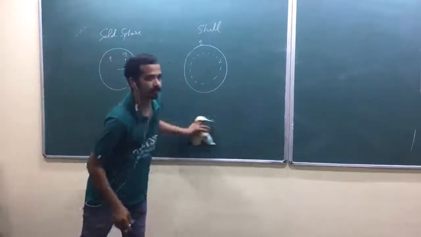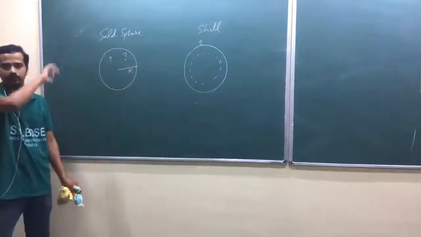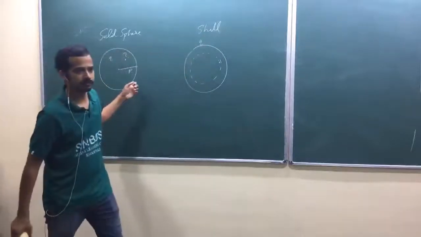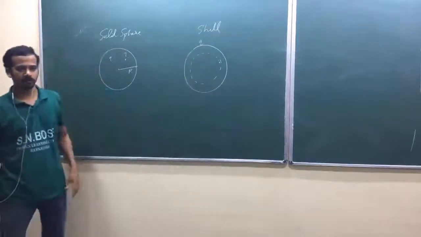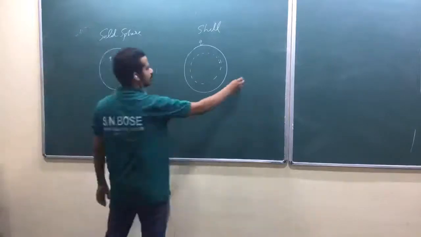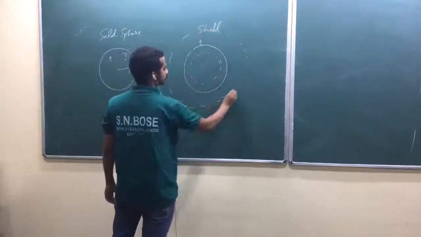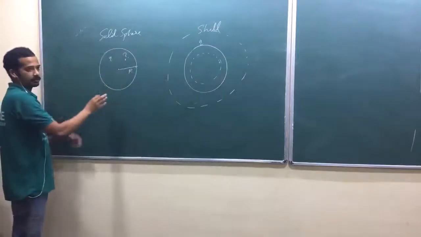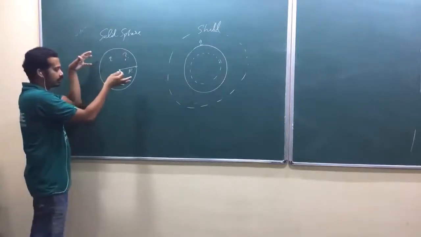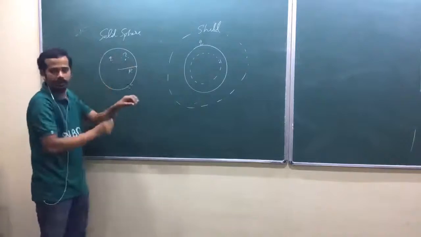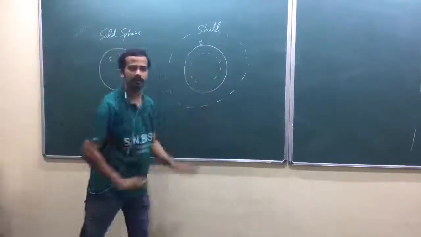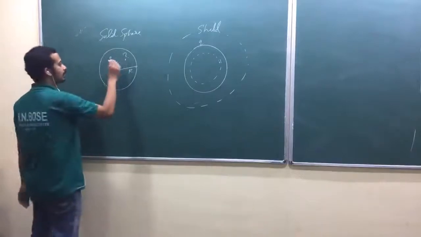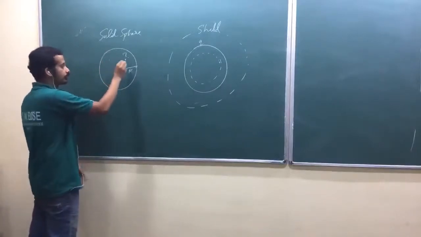So a shell, which contains uniform surface charge over the surface. Outside, again, it is the same as this one, isn't it? Both are the same. Why? Outside, the Gaussian surface only cares about the net charge inside. If the net charge is, suppose, those Q charges, whether they are uniformly distributed or on the surface doesn't matter for the point outside. For a point inside, now look here, Q is uniformly distributed.